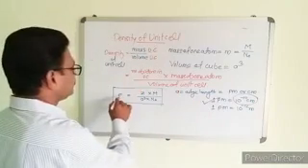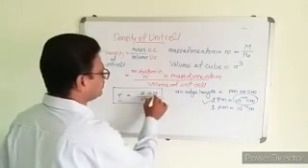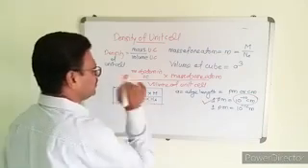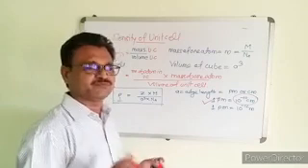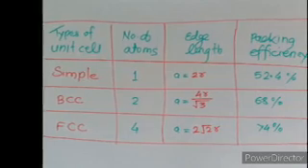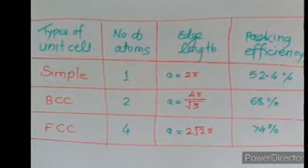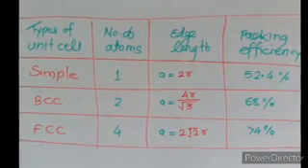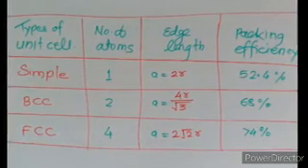So the formula of density: this is density, this is number of atoms, this is molar mass of atom, this is edge length, this is Avogadro number. Avogadro number is 6.023 times 10 to power 23. Before starting any numerical, we should know all these formulae about all the types of unit cell, how to calculate the value of radius, how to calculate the value of edge length, and what is the percentage efficiency and number of atoms. So this table you should remember at any cost.